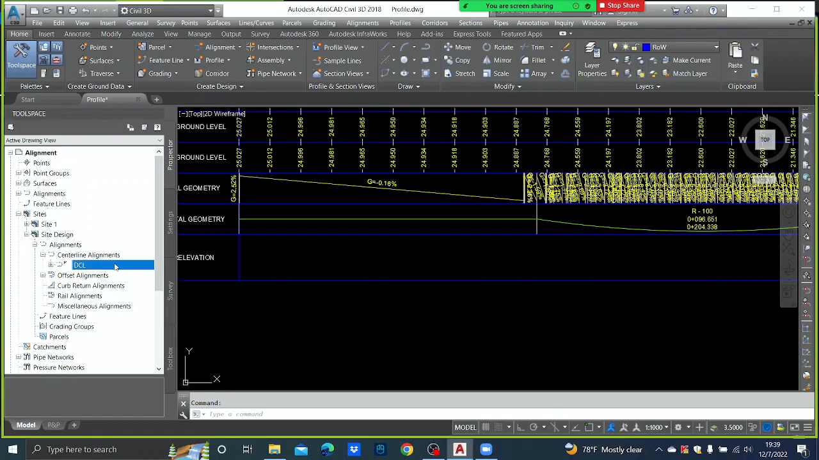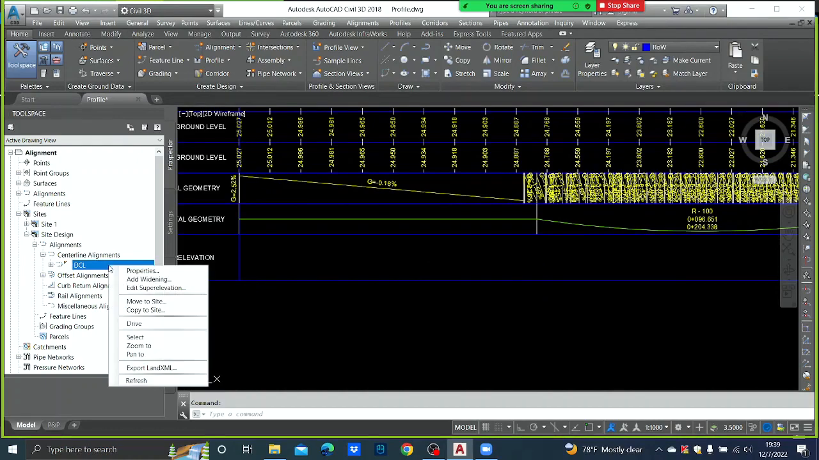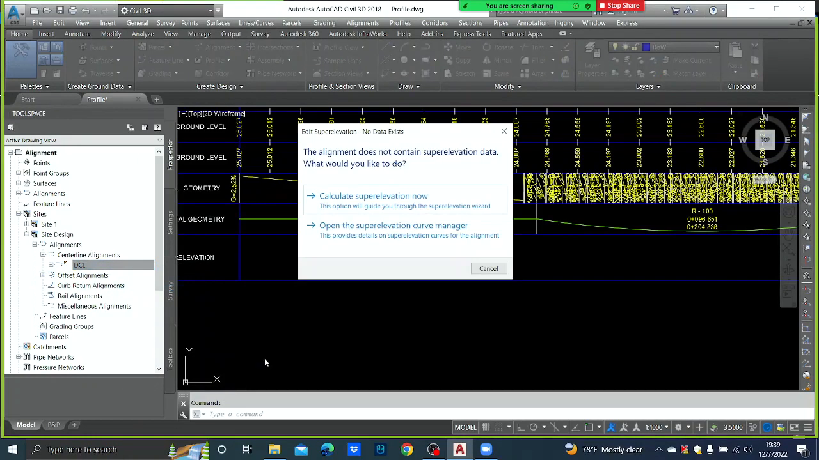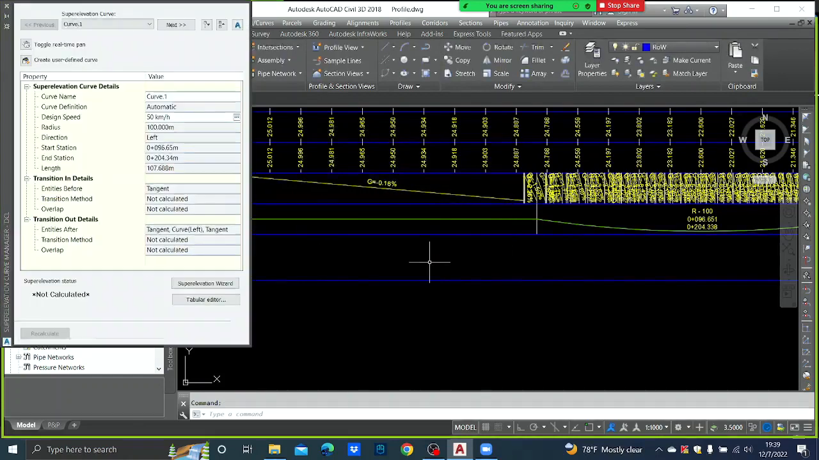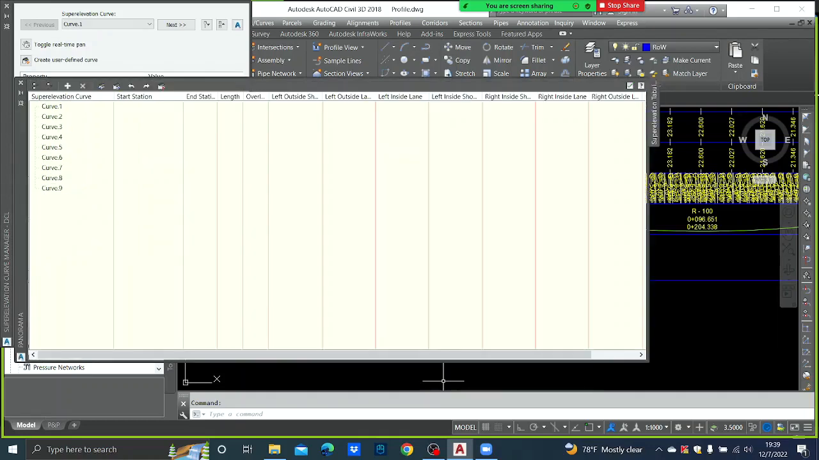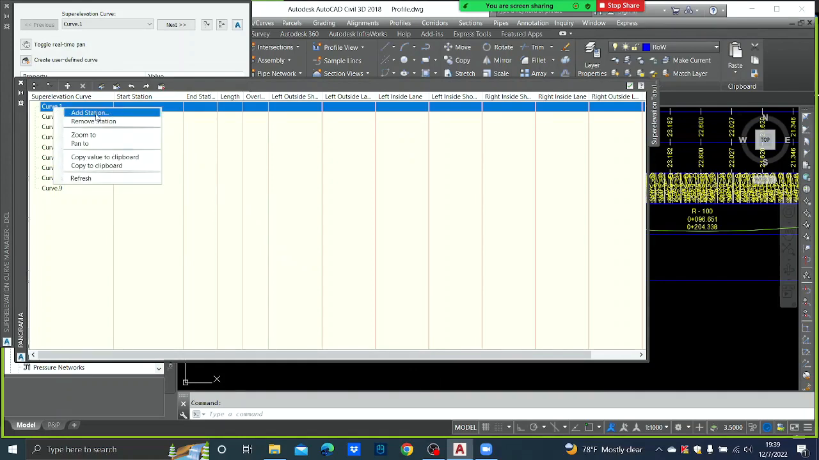Right, so we'll go to edit super elevation, instead of calculate super elevation. Now we'll open the super elevation curve manager, right? Then you will go to tabular editor. You know there is one curve, curve 1. So you can insert add station,